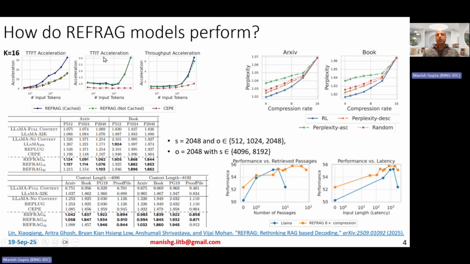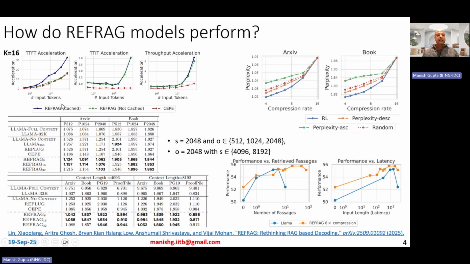This is time to iterative token. This is throughput. Now, what you can observe is that compared to plain vanilla decoding, where the time to first token is going to be quadratic in terms of the input length, right? So what do you observe? That the acceleration in terms of time to first token is much higher when you are doing REFRAG